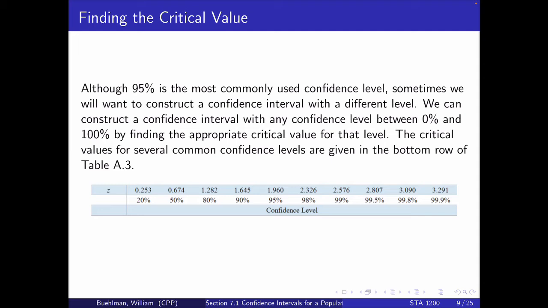If we want 98% confidence, we would use 2.326 as our critical value, as we already saw with the 95% confidence interval, which was 1.960. If I give you a 99% confidence interval, you would come to this table and see that for 99% confidence, the critical value is